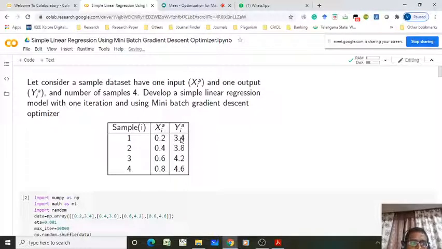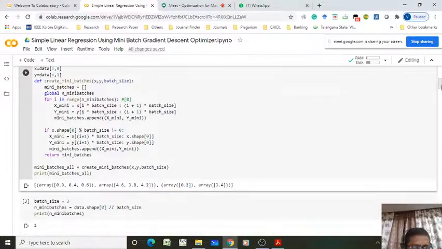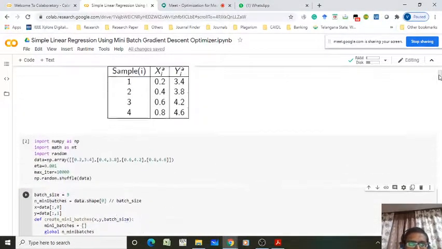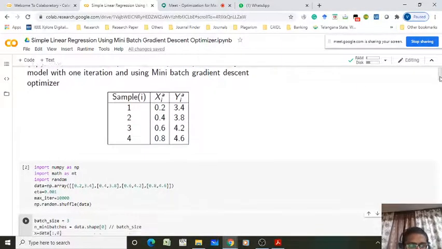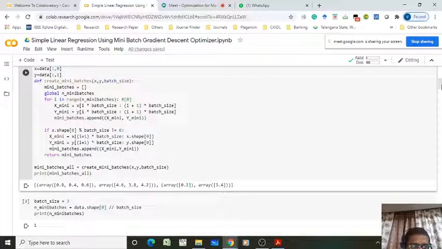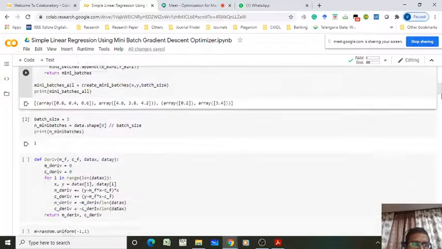In the first batch Y 3.4, 3.8, 4.2, I said, right? And in the second mini batch you have 0.8 and 4.6, right? But see, that is not the criteria. In the second batch you have 0.2 and 3.4, not 0.8 and 4.6. Why? Why is it like this? It will be 0.2 and 3.4, not the last item 0.8 and 4.6.